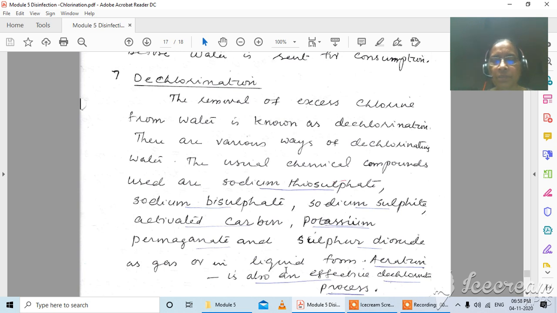Okay, potassium permanganate we are not using because it gives you color, is it? So usually the method of dechlorination is, as I mentioned, storing of the superchlorinated water in the reservoir itself, and then we are making use of that particular water. That means during that time there is no supply, or there is a little bit of interruption of supply, and otherwise you can control the supply by informing the public early that there is no supply of water,